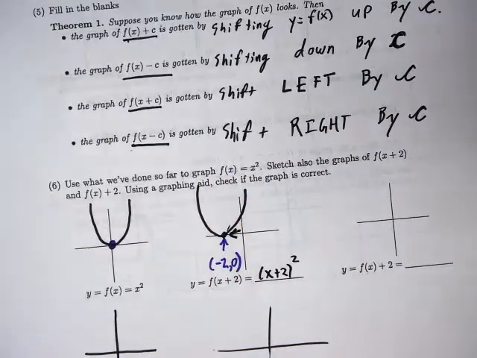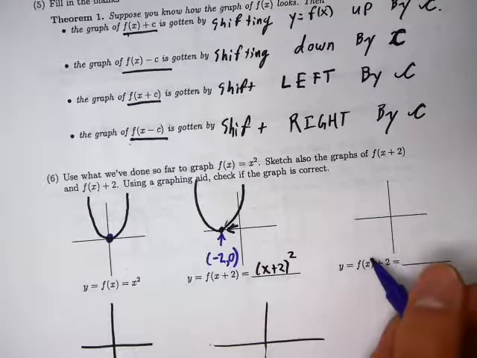And maybe we can go ahead and check that, because that'll actually tell us a lot. Let's plug in x equals negative 2 to this function and see if we actually get 0. When you plug in negative 2 to x plus 2, the plus 2 and minus 2 will cancel down to 0. You'll get 0 squared, which is 0. So yeah, it goes through that point. And if you think about what we just did, I think that will help a lot to build that intuition. And let's